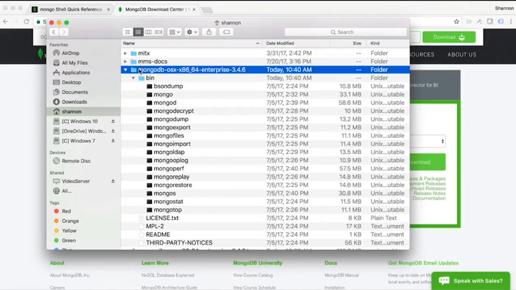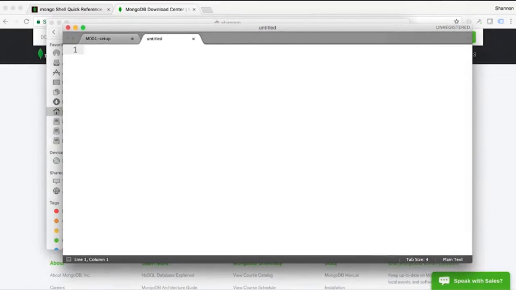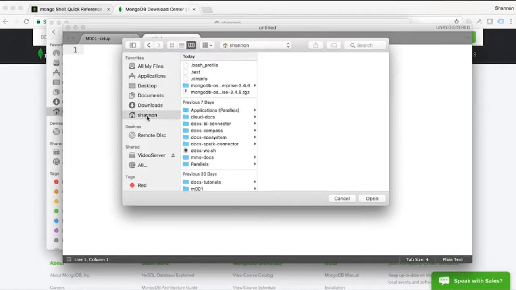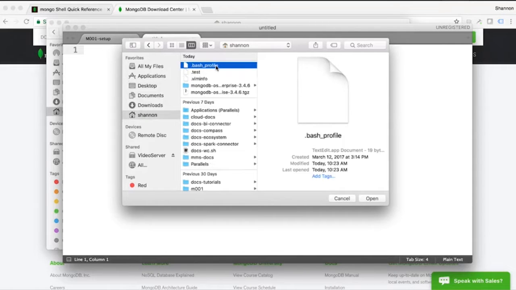Now, in order to conveniently run the Mongo shell, we're going to have to update our path environment variable. The path tells OS X where to look for programs that we'd like to run. You can set your path in a hidden file called .bash_profile. If I open up Sublime Text and select Open, I can see hidden files on my Mac by typing Command-Shift-. Then if I navigate to my home directory, I can see that there is in fact a